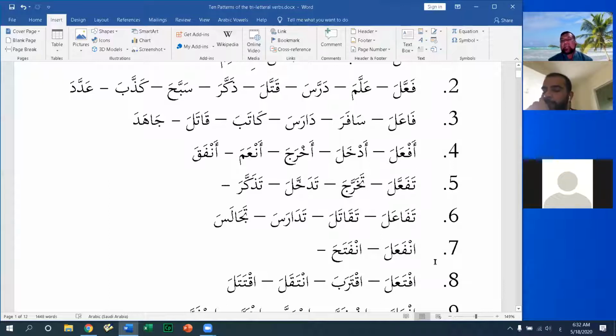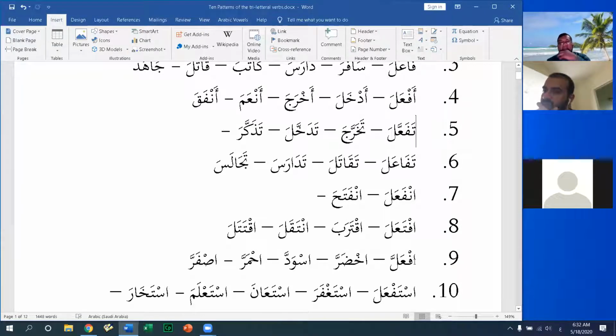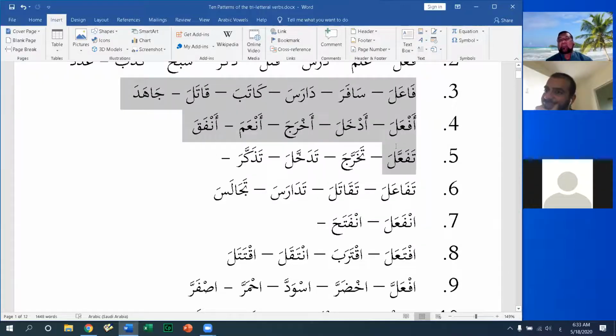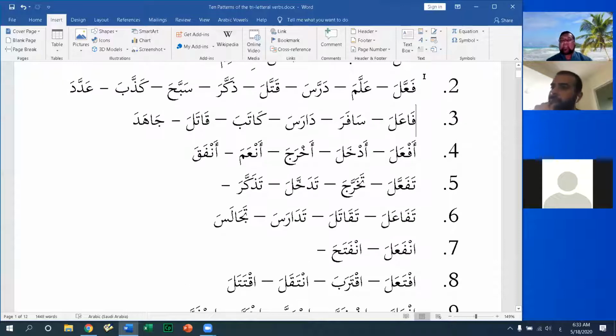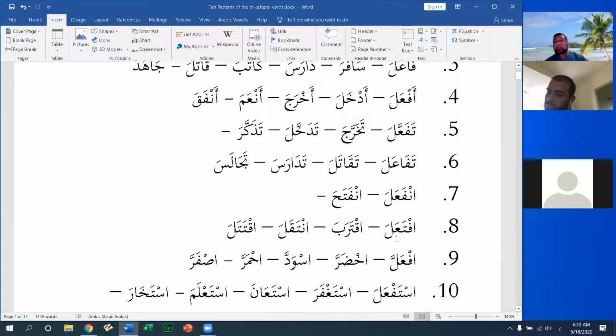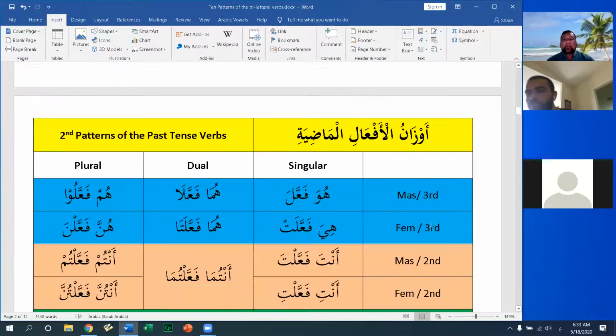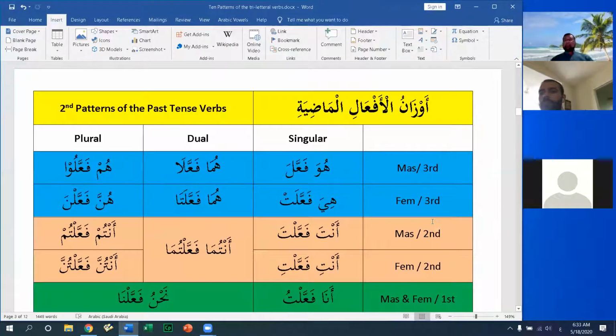يتفعل يتفاعل ينفعل يفتعل يفعل يستفعل. So the ya will have dhamma for 2, 3, and 4, and the rest will have fatha. And 2, 3, and 4, when it has dhamma, would always be paired off with a kasra. يفعل يفاعل يفعل. And this would have fatha on the ayn, fatha on the ayn, and the rest would have kasra. I just want to give you a bird's eye view, and then here we go and look at them one by one. So if you guys want to read it, who wants to take one of the verbs and run with it, and then we'll go through all 10.